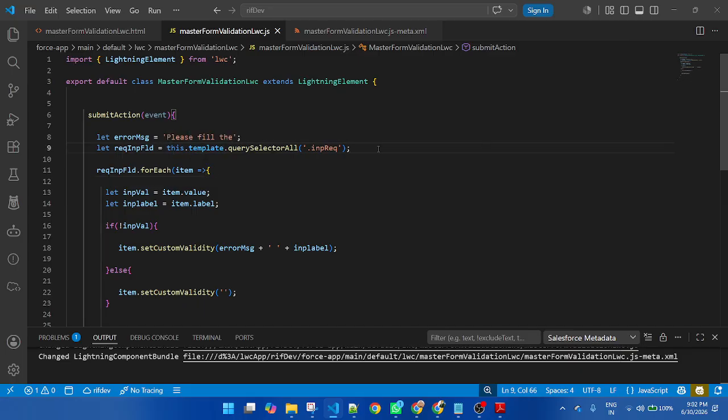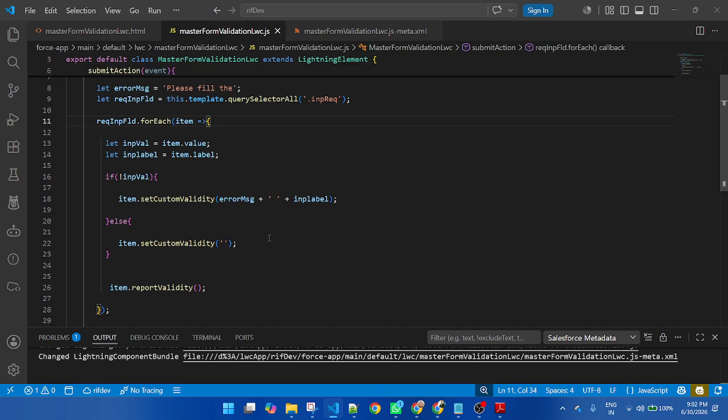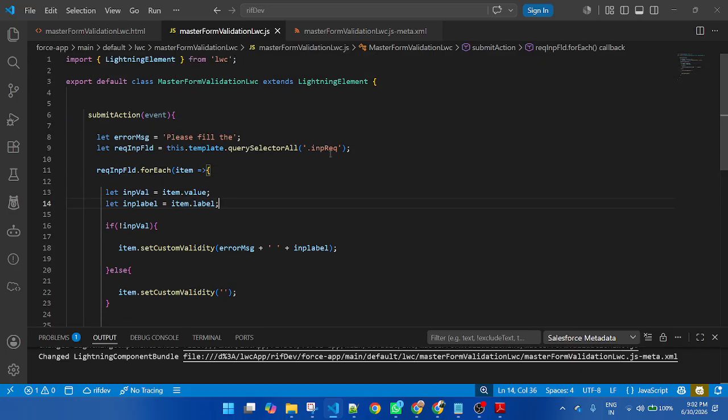So this template querySelectorAll, what will happen? It will get all of the input fields with values, because I am getting all of the input values through the querySelectorAll. Then based on this class name, I apply a forEach, and it applies to all of the input fields. First I get a value through this item. Item represents the input field class name.